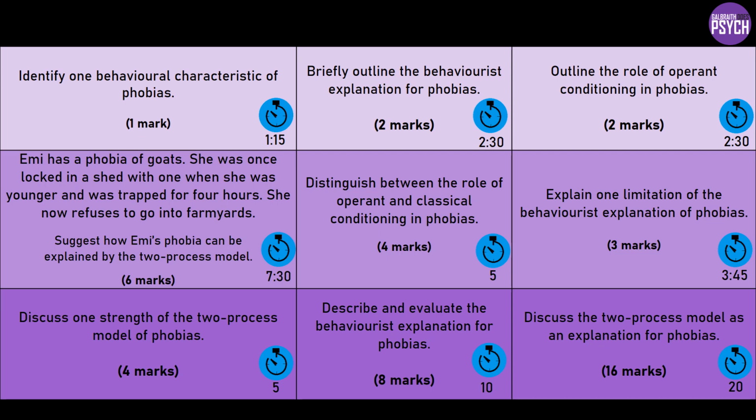So what's happened here is some kind of association has been made between that feeling of being trapped or being stuck and the fact that there was a goat there. So that would be classical conditioning. So that's the initiation of the phobia. It could just be that the goat happened to be there and it was just associated with that feeling of